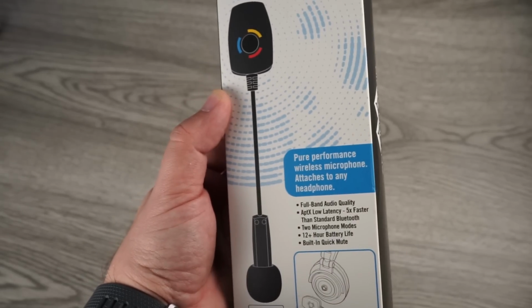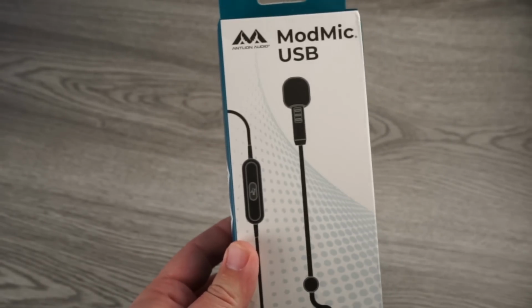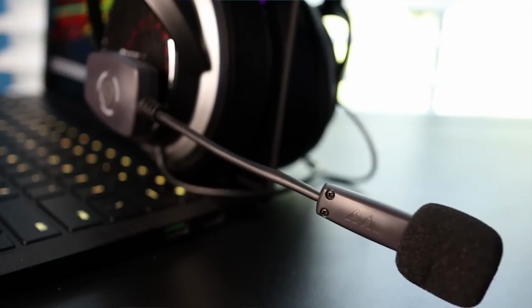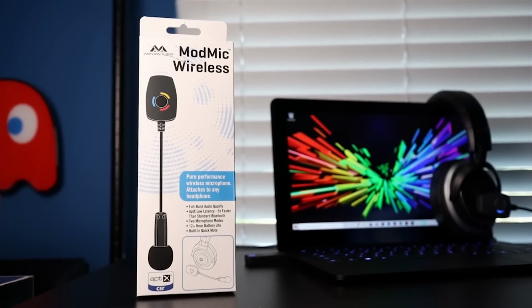We have two different models here. I have the wireless model and then I have the brand new ModMic USB. Now both models, you have the wireless one coming in at $100 where the USB one comes in at $70. And in my opinion, these are basically some of the best microphones that you can use for gaming,